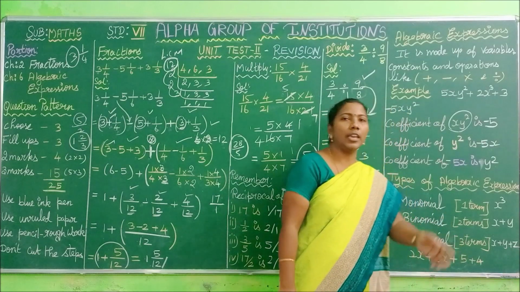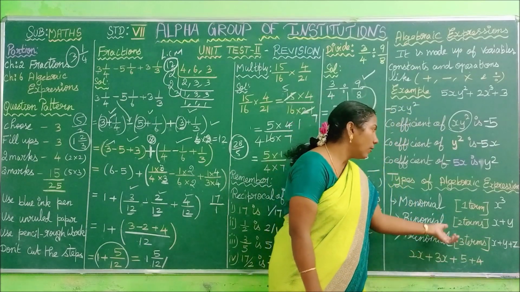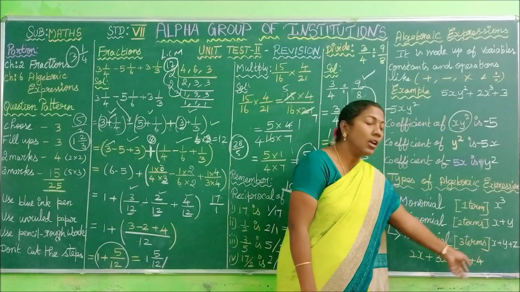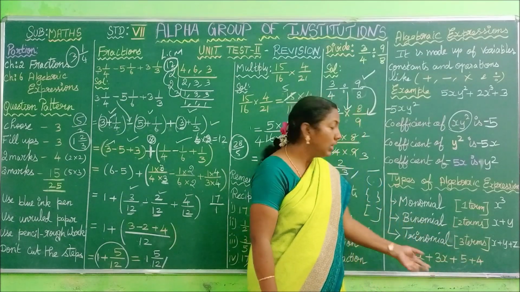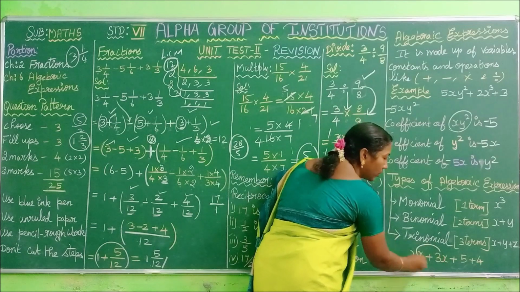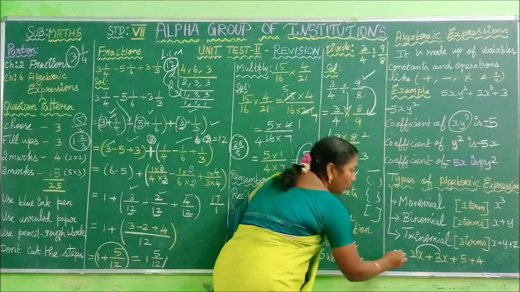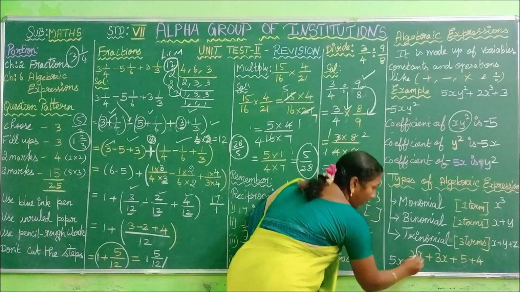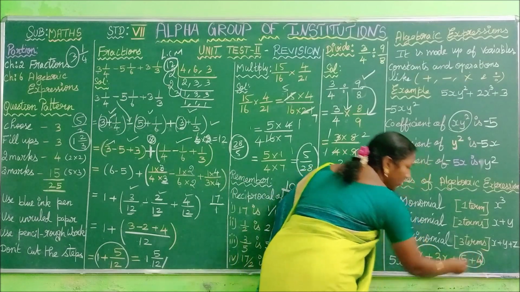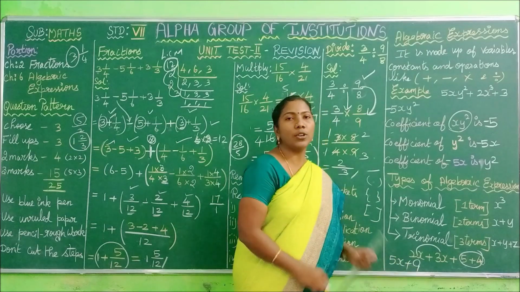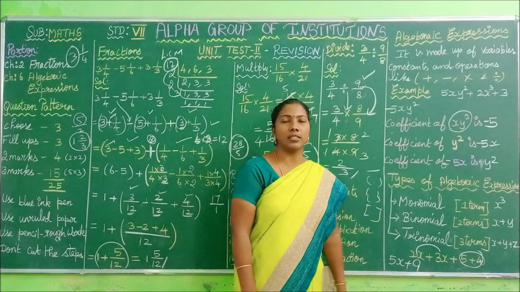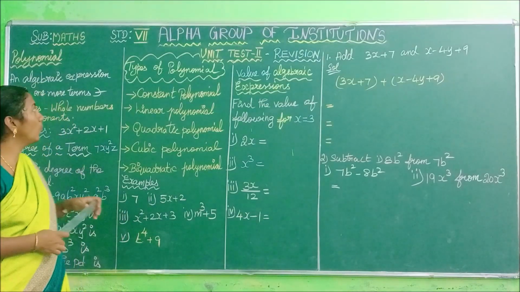Okay, can you guess what type of algebraic expression this is? By seeing this, don't say it is a monomial, binomial or trinomial. Okay, see here, these two are like terms, so you have to add them. So 2x plus 3x, your answer is 5x, and 5 plus 4 are constants, so you have to add them. So 9. So it has two terms, so it is a binomial. It's clear, children? Next we are going to see